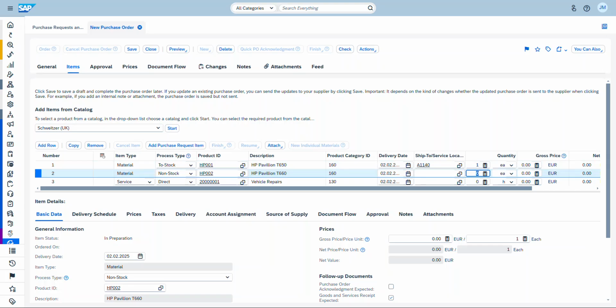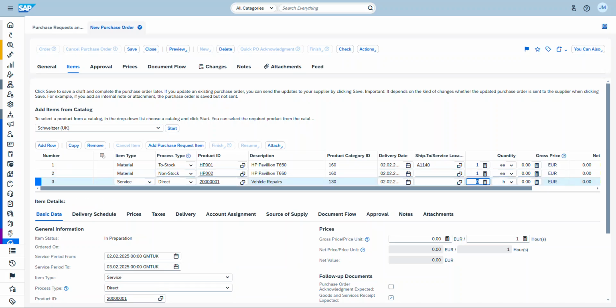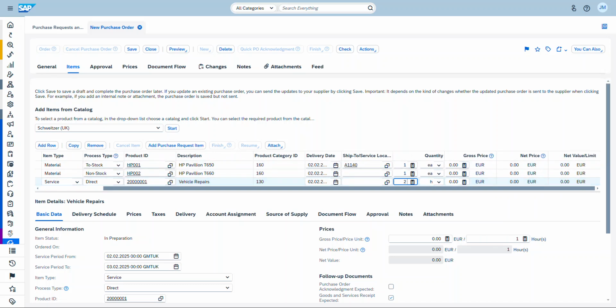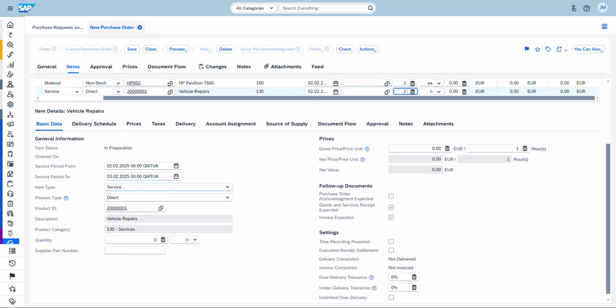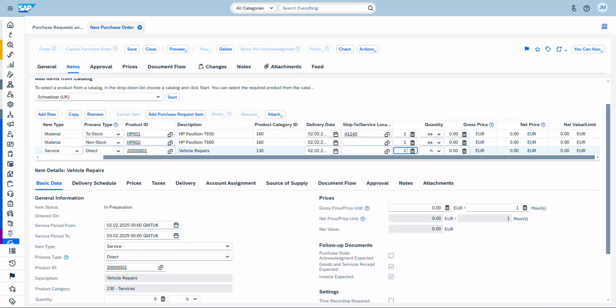Then I can select one for this as well. And for the number of hours, I can choose maybe two. We need to measure for that. So we can see that we don't have the information here for the pricing, but the system should be able to derive that information from the contract that is going to be binding